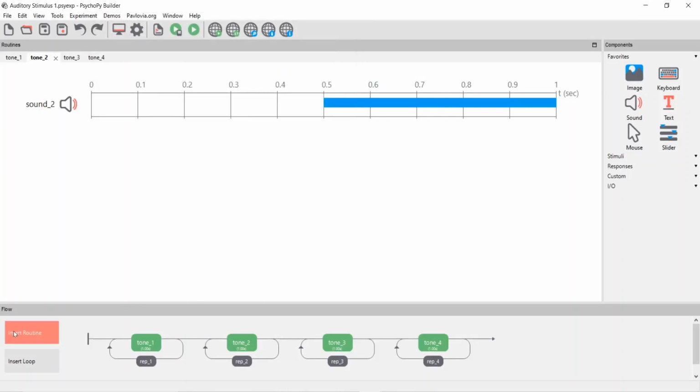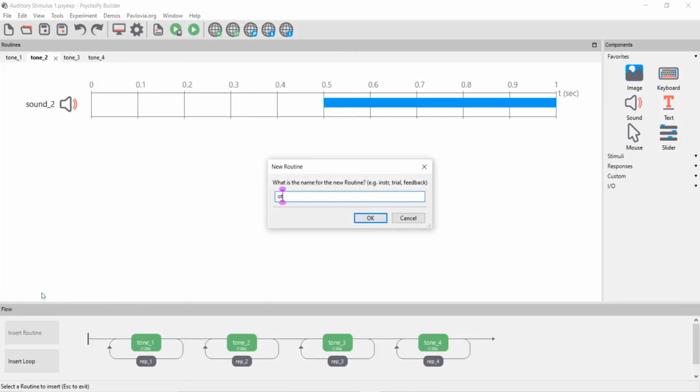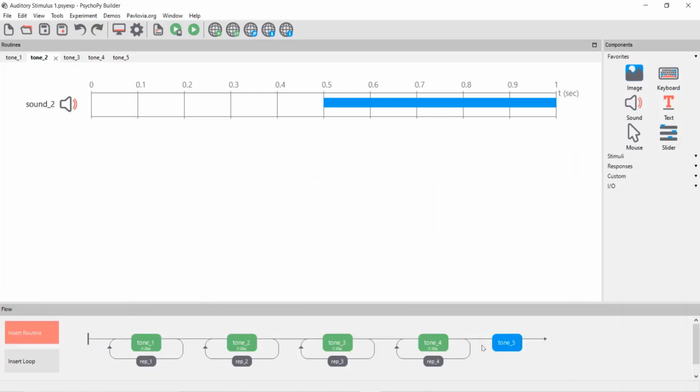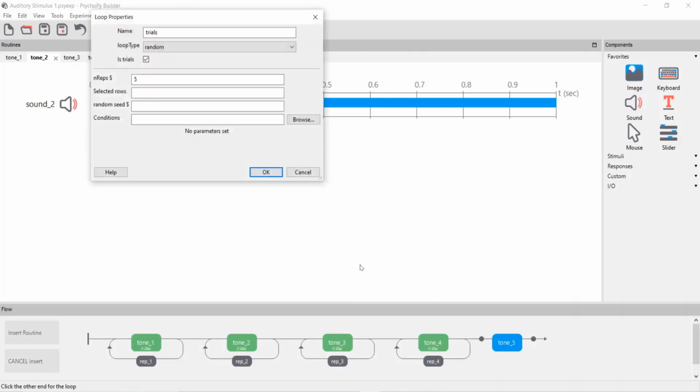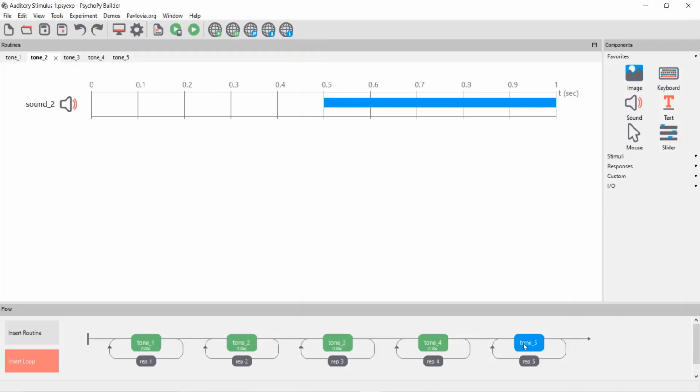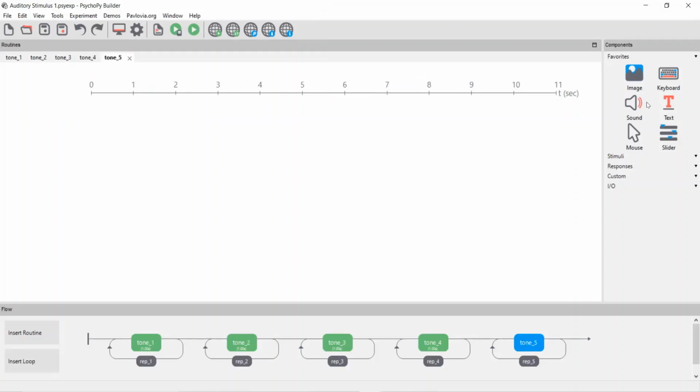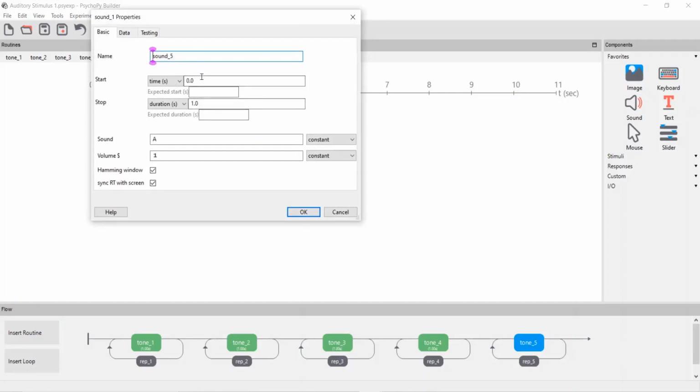Finally I'll add just a final routine. As I mentioned, tone 5, very easy, right? You just have to keep on adding instances. You can loop it in whichever manner you want, and you will get the desired stimuli. Remember, all this is just one part of the entire cognitive neuroscience experimentation. What you are doing is generating a particular stimuli based on particular timing. So I will show you this final one. Again, the same timing specification we will use.